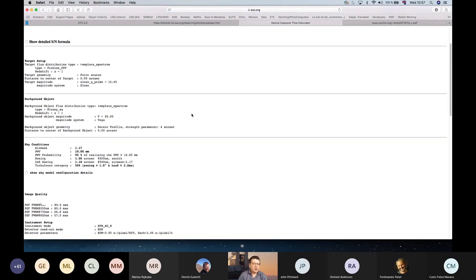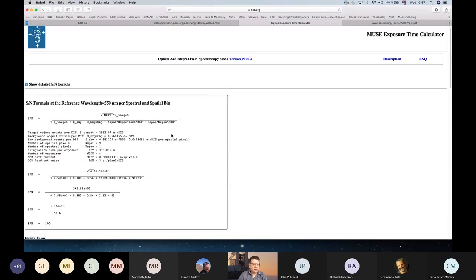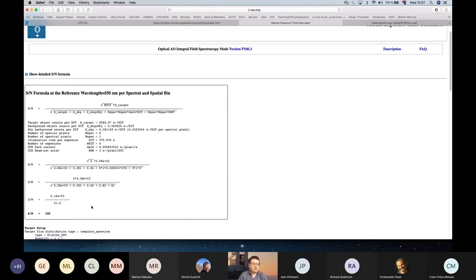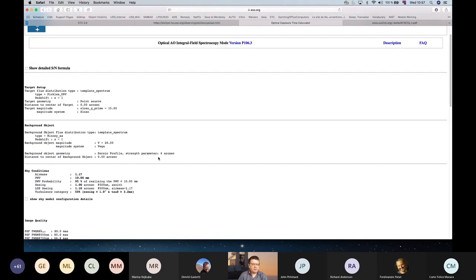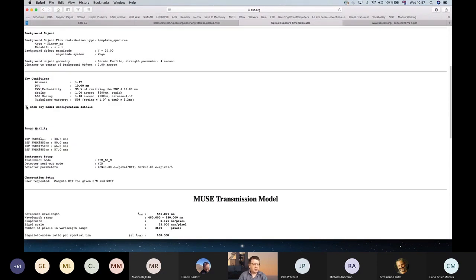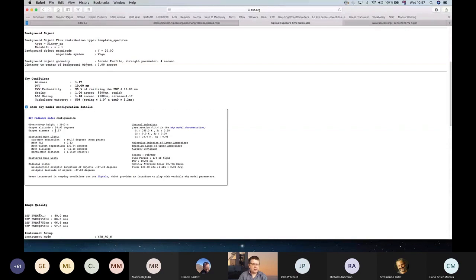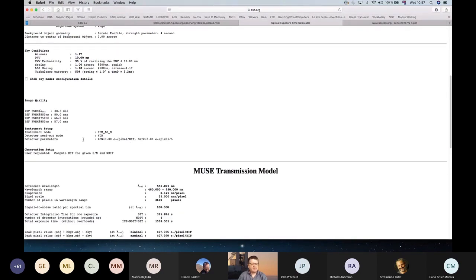So here is first a summary. If you are interested, you can also see the details of the formula, how it computed. So you see again our famous formula coming here, and that it gets then a signal-to-noise ratio of 100, with the exposure time that it will give you. This is a summary of what you have given in. You can again show the model configuration details if you are interested in that. And finally,